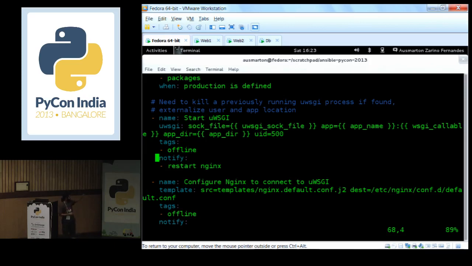So I define this in a notify block, saying that I want to notify this particular task which needs to run. Every time something has changed in this task, it means that Nginx needs to be restarted.